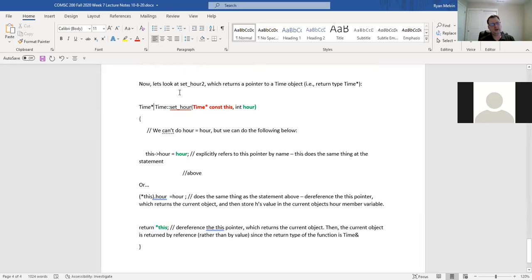So the return type now is time star. This will be set hour 2. The parameter list is the same as the other set hour, right? So the type here is still going to be time star const. But the difference now is in terms of the return type, right? So the difference now is if we're returning time star,